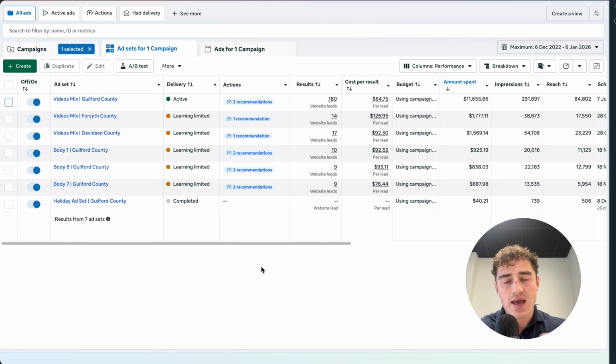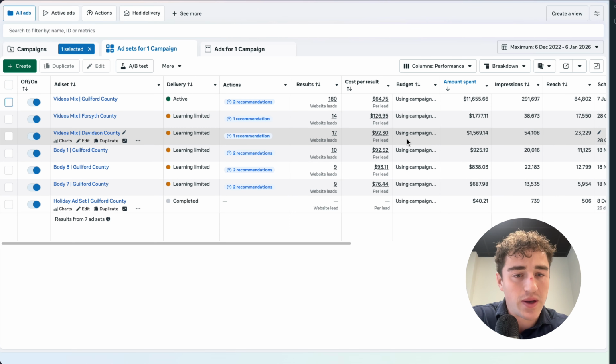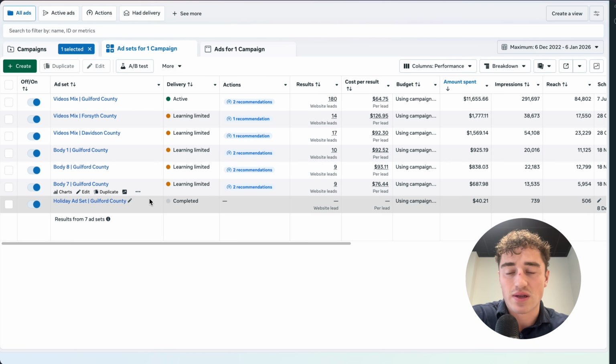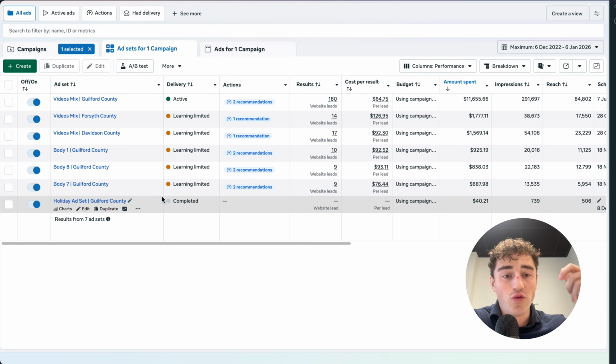So as you can see, I think on this campaign we spent about $17,000 and got 239 leads. Obviously, the cost per lead is a little bit high, but these are leads that fill out a full survey on a landing page, not just a lead form. A lot of agencies will use a lead form, which is a form inside of Facebook. But what we do is we have a landing page where we collect all their information inside of a survey. We ask their timeline, what they're looking for,